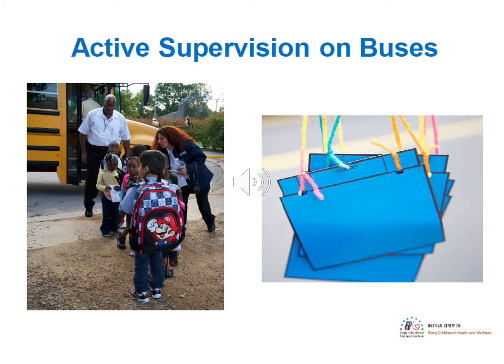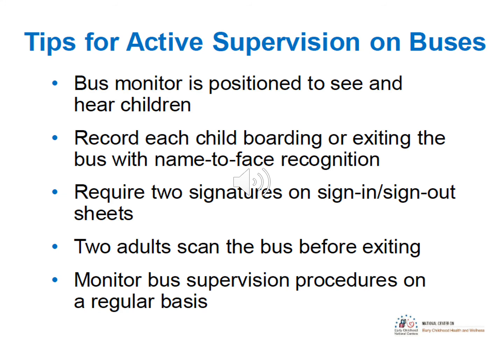Okay, we're going to discuss really quick active supervision on buses. Tips for active supervision on buses. One, the bus monitor is positioned to see and hear the children. Two, record each child boarding or exiting the bus with name-to-face recognition. Three, require two signatures on sign-in, sign-out sheets. Four, two adults scan the bus before exiting, and that's to make sure that there has not been a child left on the bus who's fallen asleep